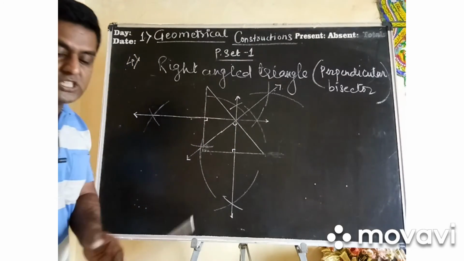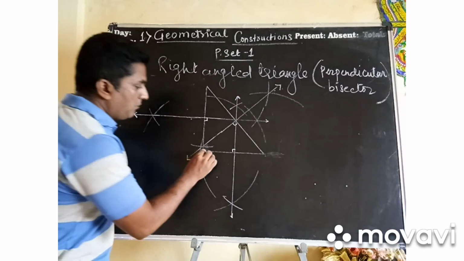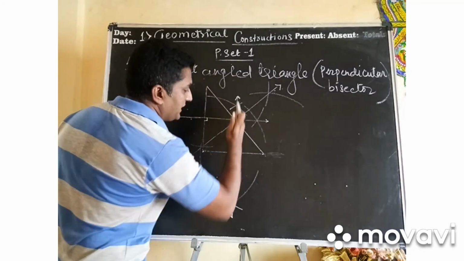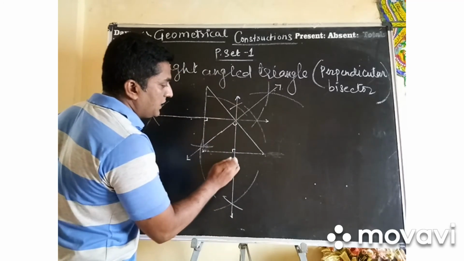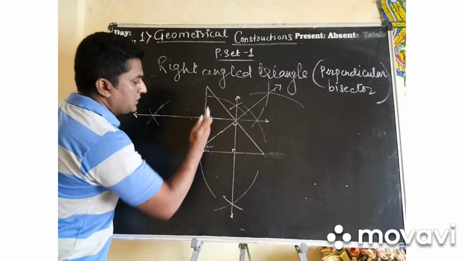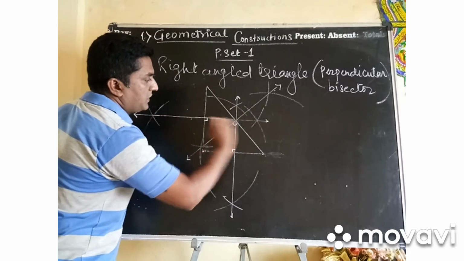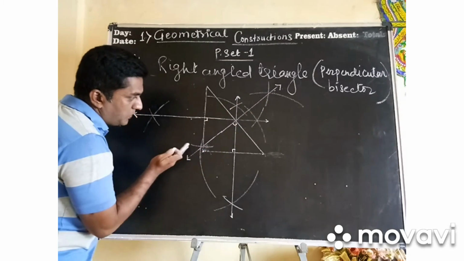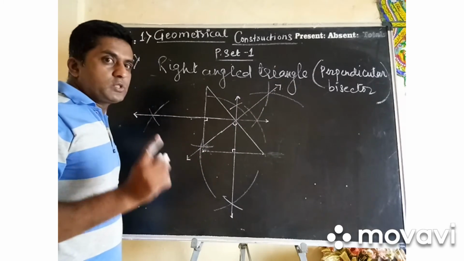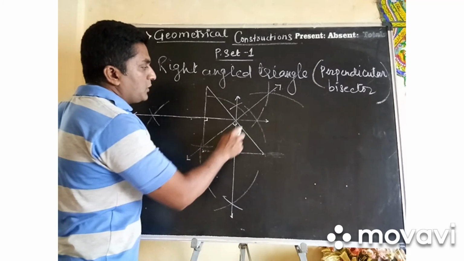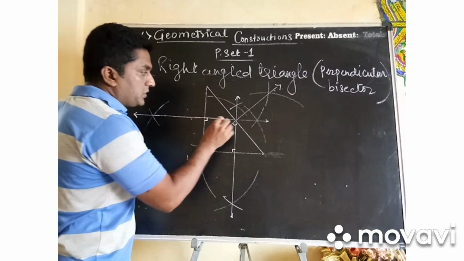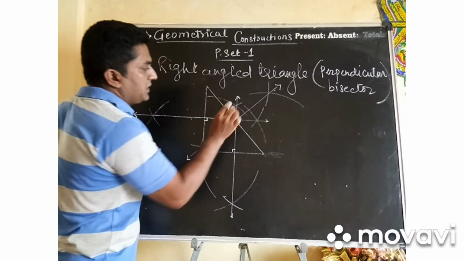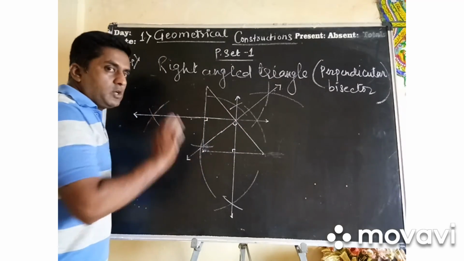See everybody. So these are my three perpendicular bisectors. My first perpendicular bisector was on this segment. It was exactly 90 degrees by taking two arcs here and here. It is straight. My second was on this line, which was here and here. It went like this. And my third one was from here to here, and it was exactly this way. But the main important thing: how can you say that your three perpendicular bisectors are correct? They must exactly match each other on this hypotenuse. Exactly here. If this point has been matched, it means your answer is correct.